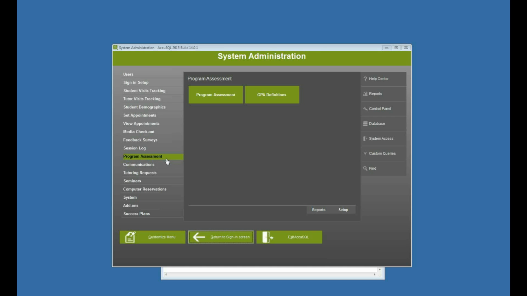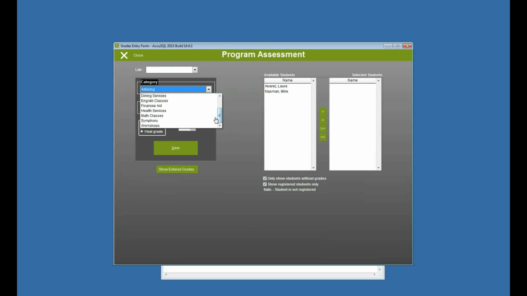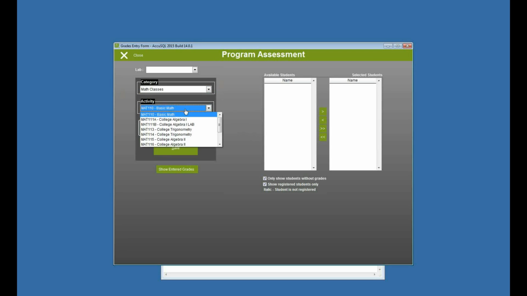Grades are entered through program assessment here, and then I can look at program assessment, and it shows my various courses. So we'll take a look at math classes here. What I'm looking at is a calculus class. I have 4 students that are enrolled or registered for that class, and then I can enter their grades manually